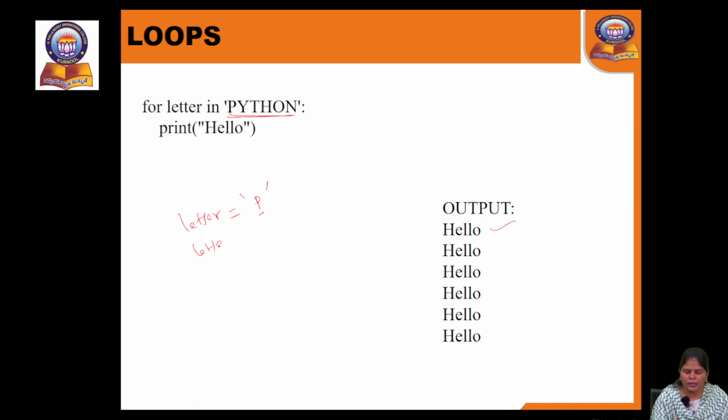Next, letter will be assigned y. Y is a member of Python, the condition is true, it will print hello. Next, again letter will be initialized to t, it will print hello. Next letter will be initialized with h, h is a member of Python, so again it is printing hello. Next, letter equal to o, o is a member of Python, so it will print hello. Next letter equal to n, n is a member of Python,